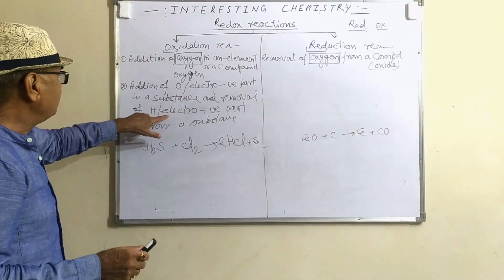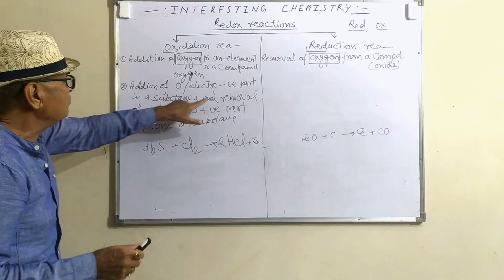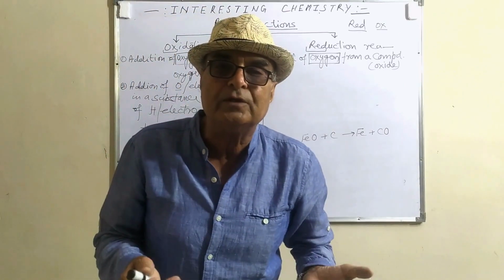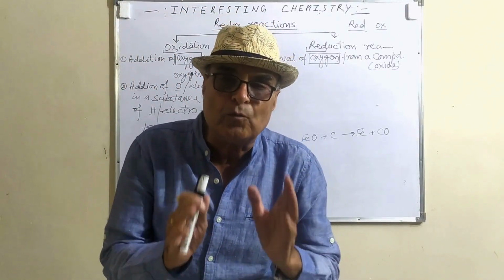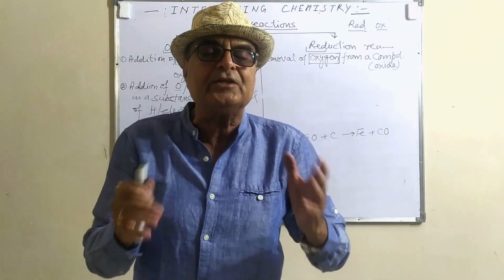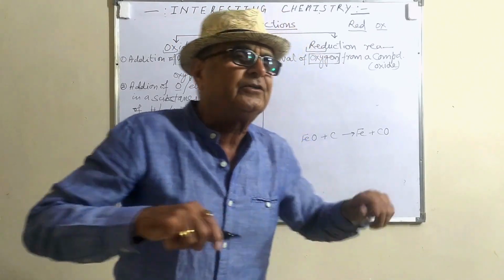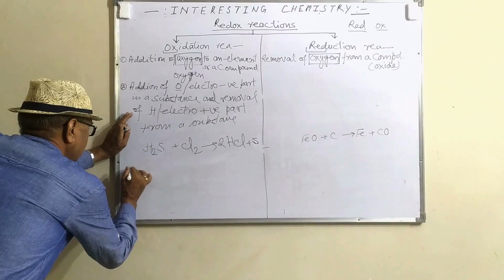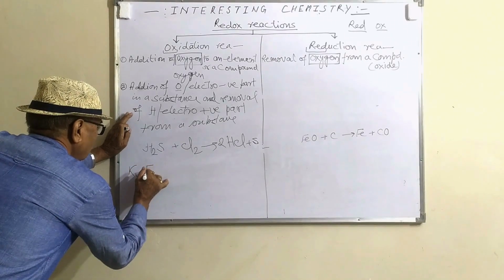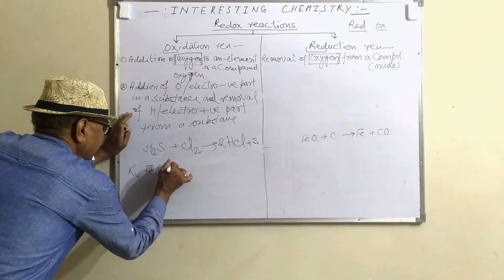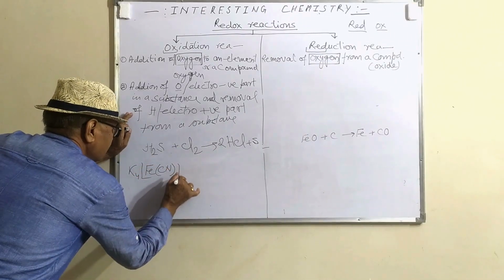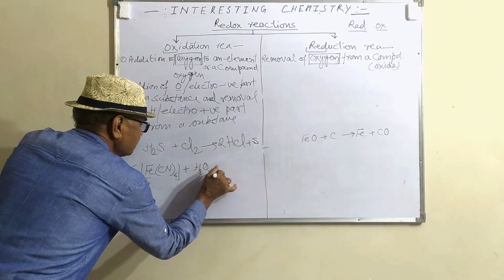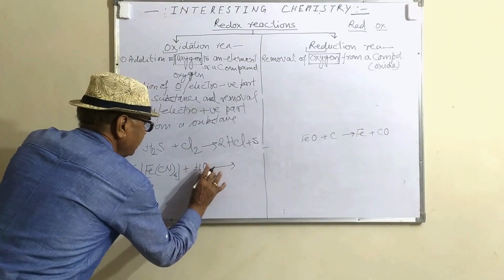Now I am telling you the example of the removal of electropositive part. You should learn the removal of electropositive part. These are very few reactions you should learn about this. Suppose we take potassium ferrocyanide, K4Fe(CN)6, potassium ferrocyanide. When potassium ferrocyanide is treated with hydrogen peroxide, H2O2,